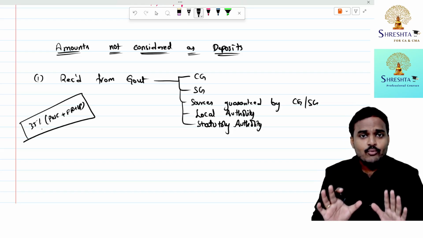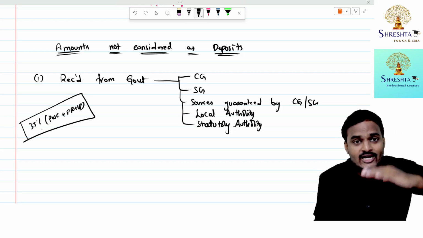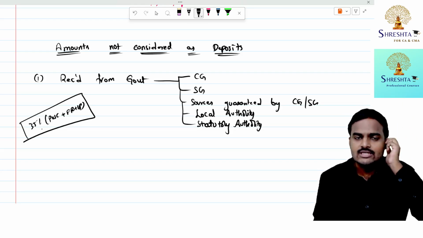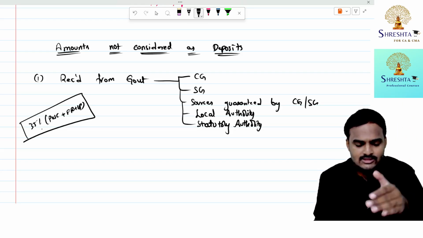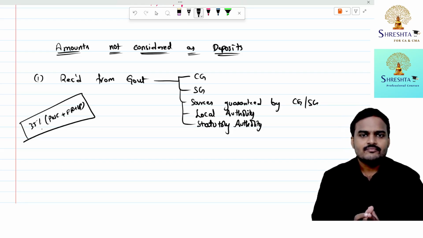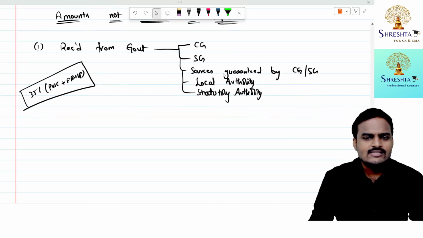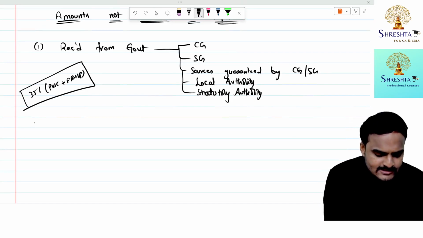Now, are you all getting my point, students? So why did I tell these conditions at the beginning of the chapter? To understand in a detailed manner. Is it clear? So the first point we completed. Out of 18, the first point I completed. Second point,